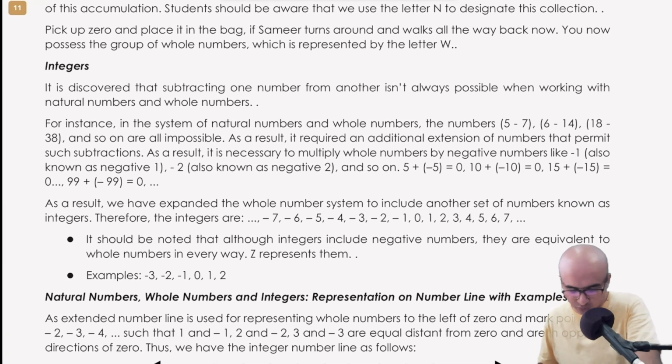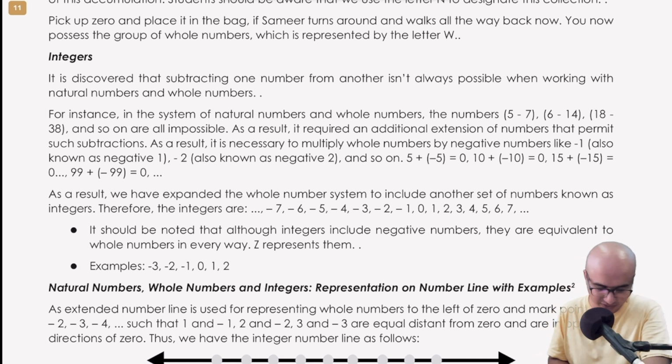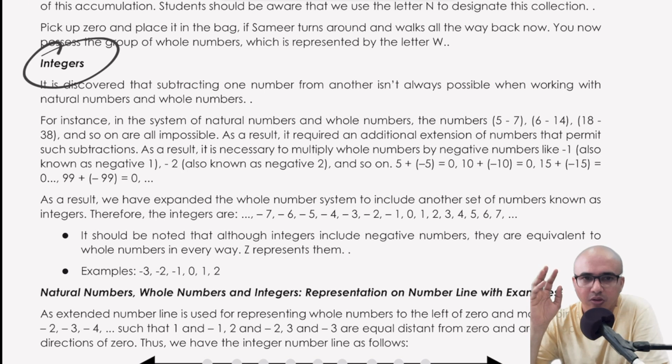Let's do one thing. Let's move on to the next topic, which is the integers. How did they come about integers? See, when we are working with one particular thing, or in this case natural numbers or whole numbers, or rather when we didn't have all these things, or when maths wasn't advanced as it is now, they probably realized that there is some limitation here, basic limitation with respect to natural numbers and whole numbers.